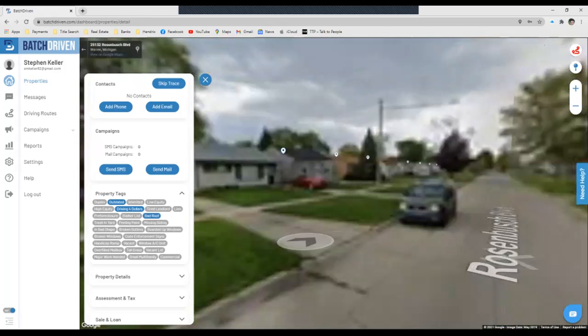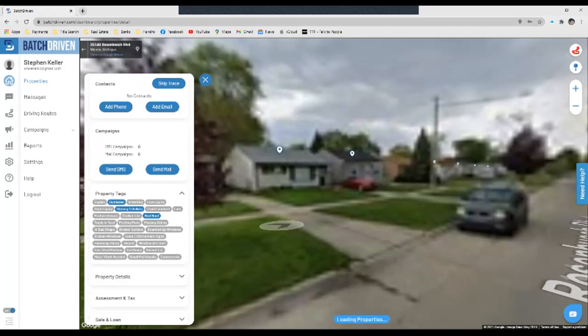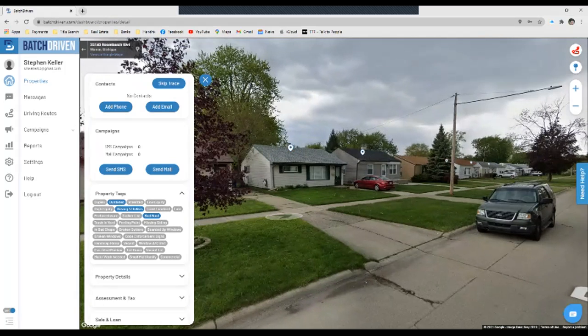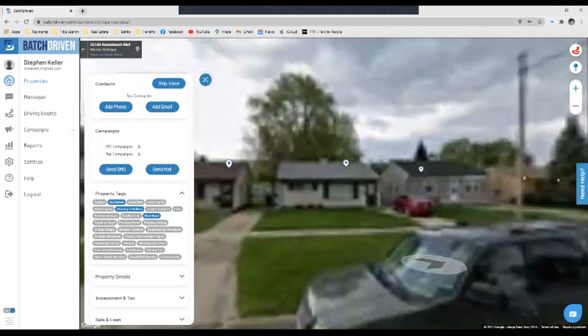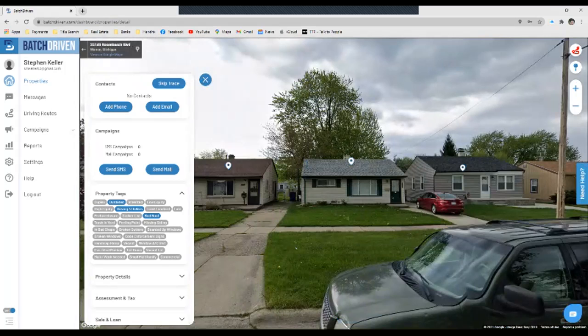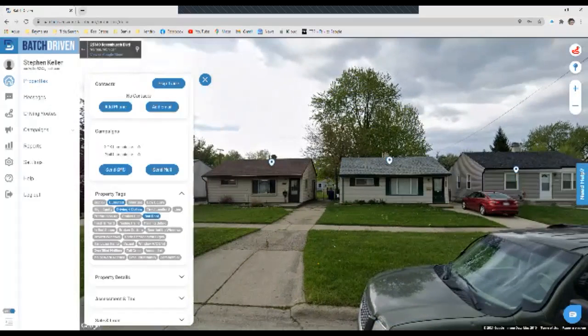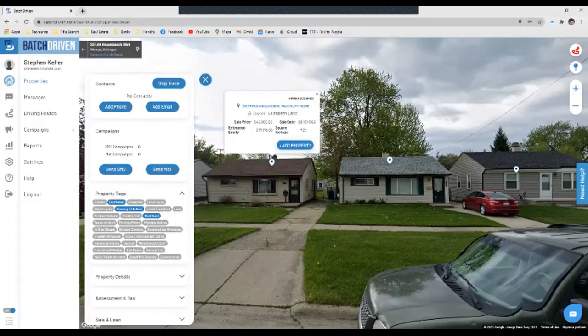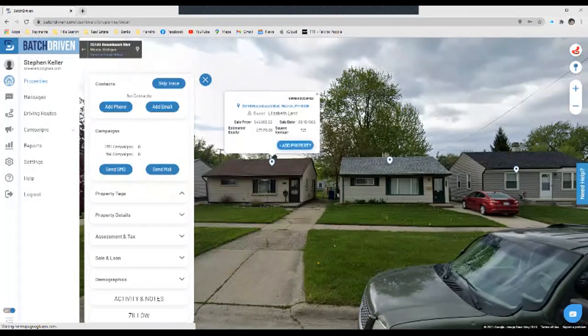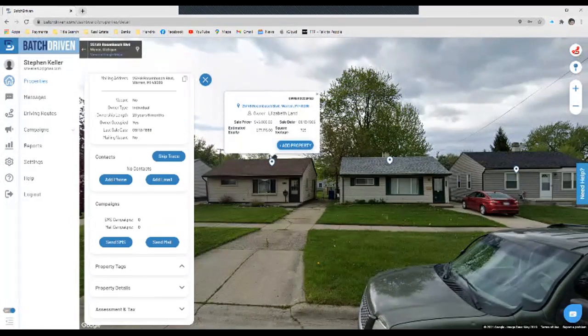We come across another one. Let's say we want to call on this one. All right, so this one, last sale date was in 1996, it looks like. And we're going to add property. So all the information is going to come up